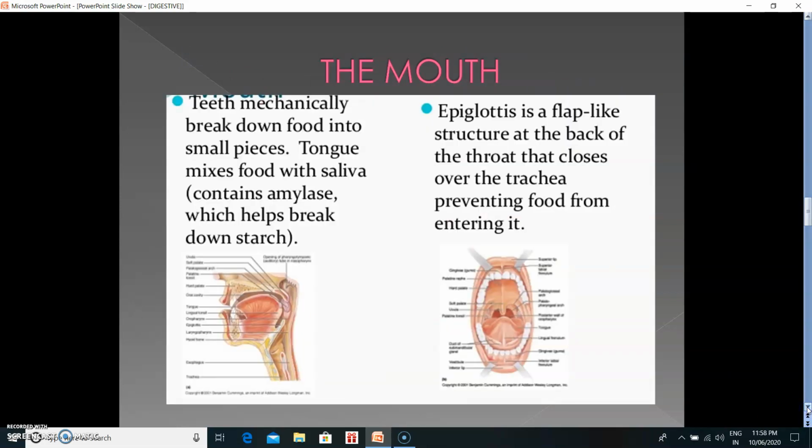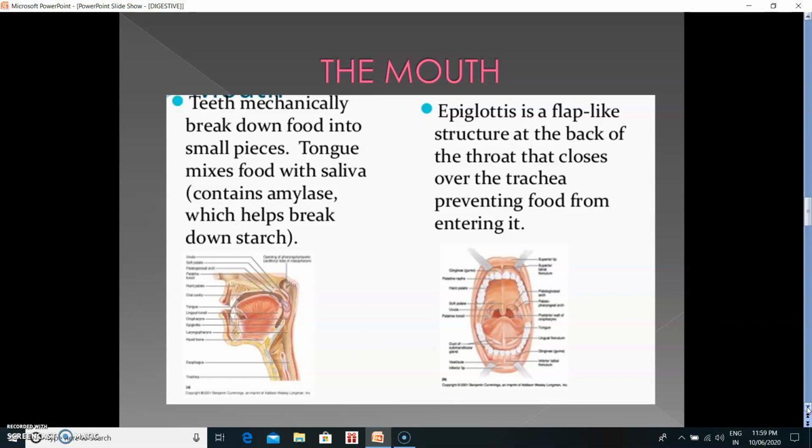Okay? Now we'll talk about once you eat the food, the first place where your complex food goes is your mouth, right? So we'll talk about the first part of the alimentary canal, that is the mouth. Once you have eaten, the food goes into the mouth where it breaks down into smaller pieces. With the help of your tongue, you mix it with saliva, because saliva contains an enzyme known as amylase that helps to break down the food.